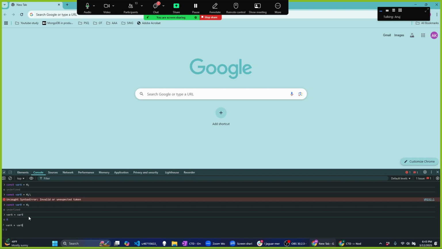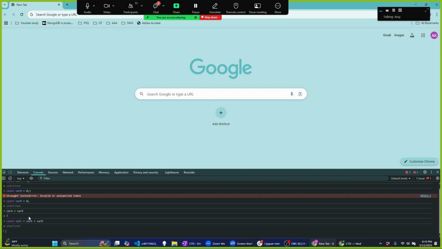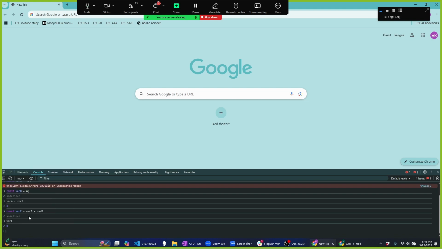And you could always save this in another variable. Whatever I'm doing is nothing but executing JavaScript code. So what you see in Chrome is the Chromium runtime engine,